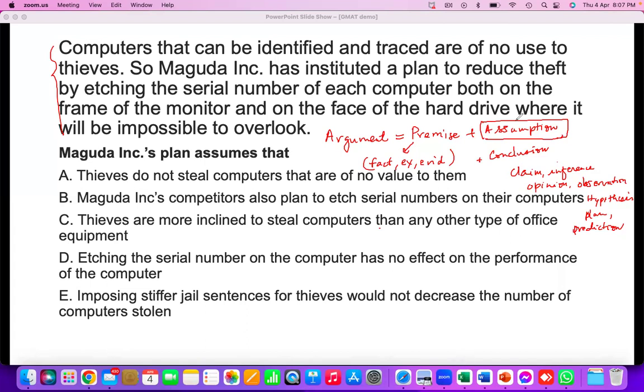So, what is assumption? A piece of information which justifies the conclusion. You will never ever find this simple definition of assumption in any book anywhere. So note it down. What is assumption? A piece of information which justifies the conclusion. Okay. So when an argument is there and you read it, you need